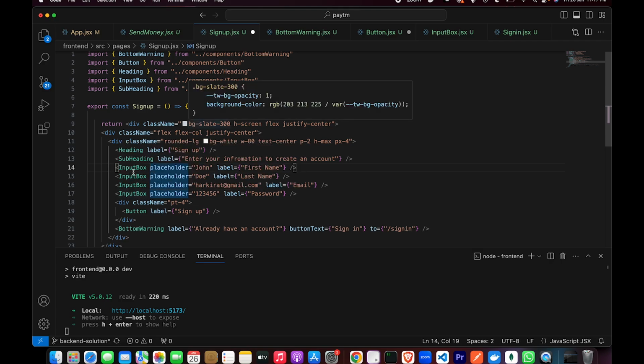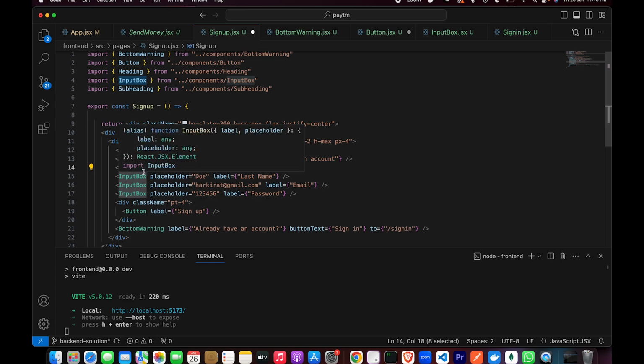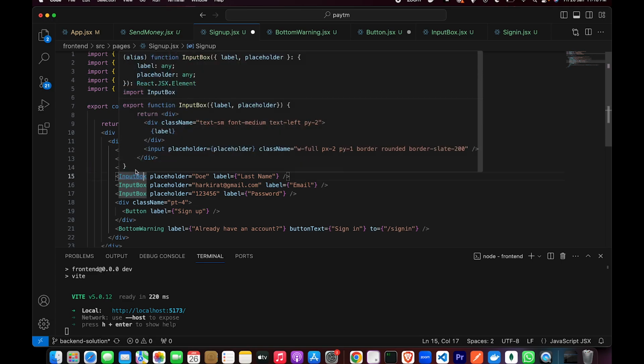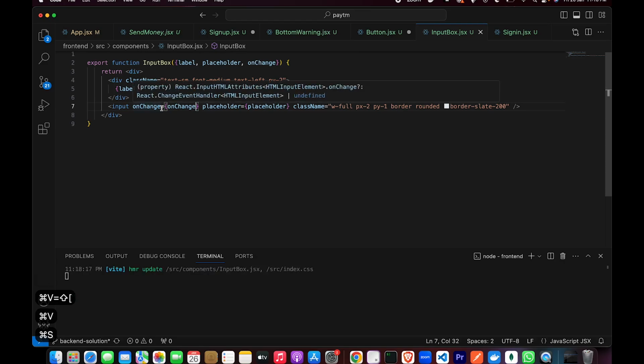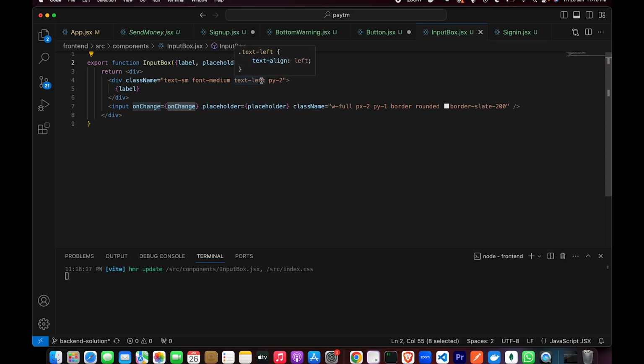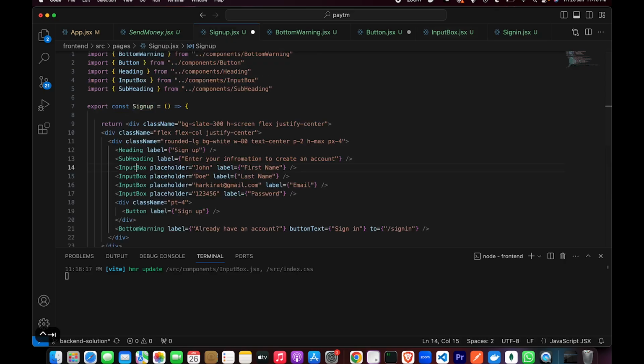We need to allow storing of state variables from the values that the user is putting in these input boxes. For that, what I would do is, if this is my input box, amongst the label and the placeholder that I'm getting, I'll also take onChange as an input. And any time the input changes, I'm going to call the parent's onChange function with the same values. What this will do is, okay, now in the parent, I can say onChange equal to